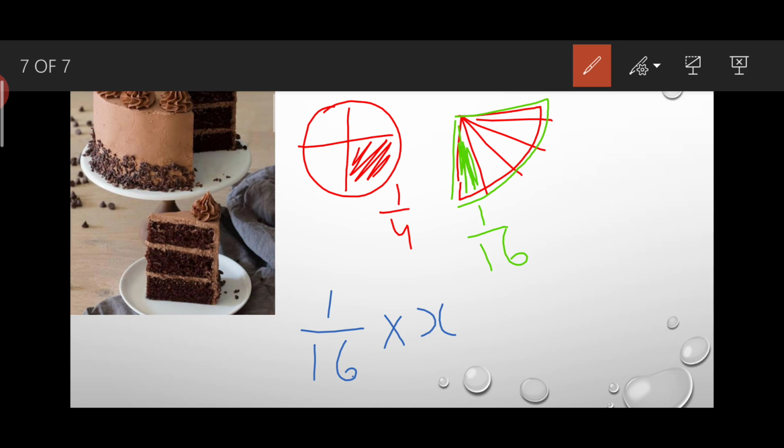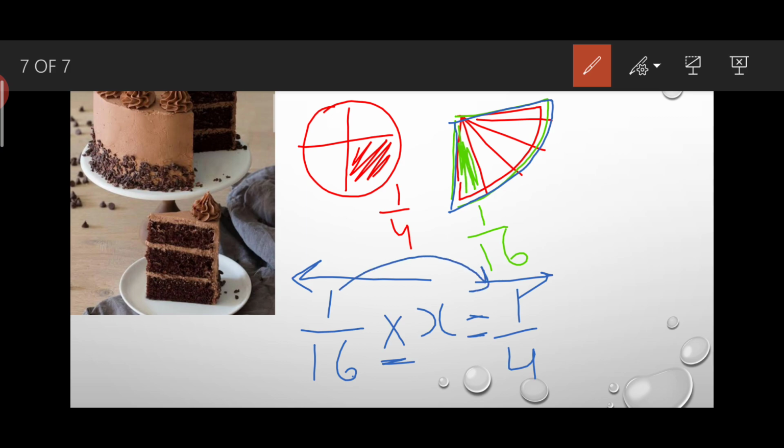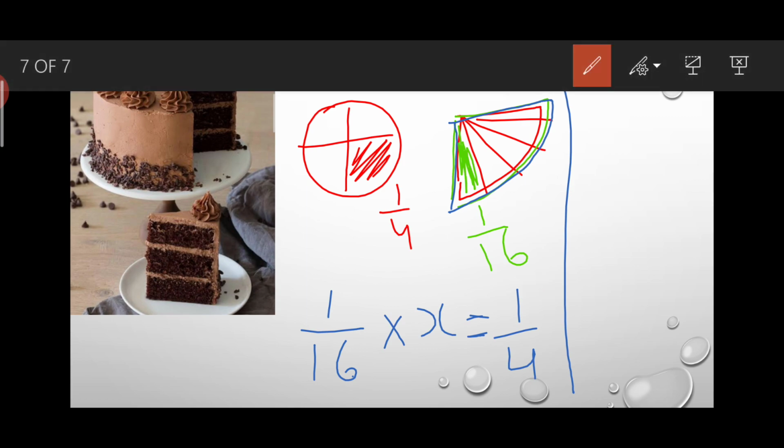1/16 by x, because if you multiply 1/16 by x, then we will get the entire portion that we had. How much did we have? 1/4. Okay, now what you have to find is the value of x, how many parts we divided it into. There is one thing to remember, this is known as left hand side and this is known as right hand side. Okay, if you are having a multiplication sign on the left hand side of the equal to sign, or you can say equation, so what is the basic rule, that if this 16 comes to this side, then this multiplication sign will become division sign.